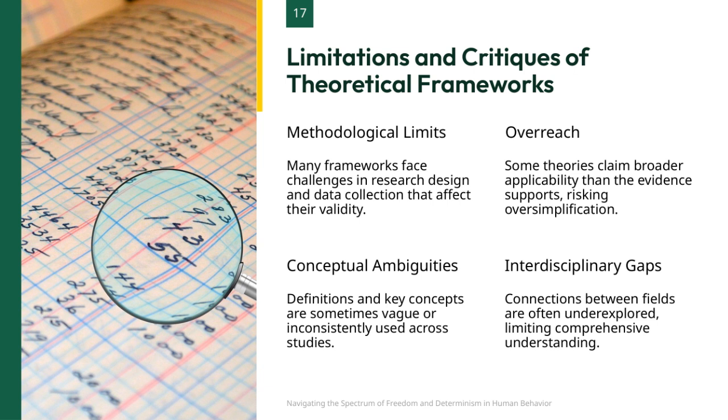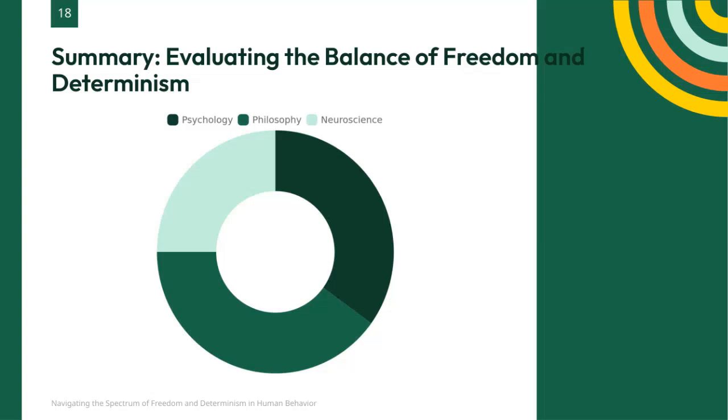Definitions and key concepts aren't always clearly or consistently used across different studies, making it hard to compare findings or build on prior work effectively. Finally, interdisciplinary gaps highlight that connections between different fields are often underexplored, preventing a truly comprehensive understanding of complex issues. This image of the ledger and magnifying glass nicely symbolizes the need to look closely at these details and ensure thorough analysis. Here we see a clear breakdown of how different academic fields contribute to the ongoing discussion about freedom